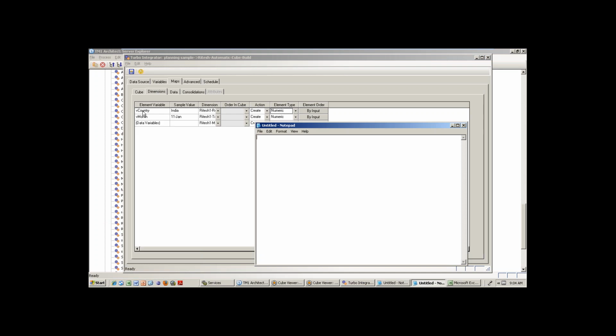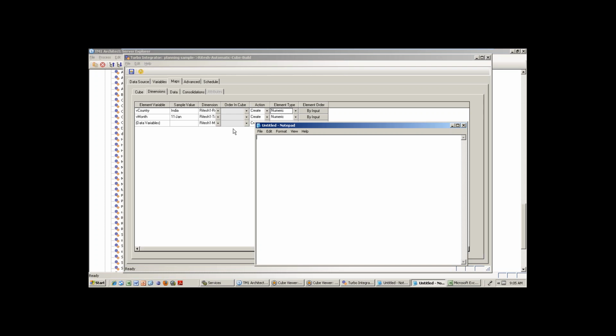Okay. So here, remember, element type is not the type of this variable. It is what value you will enter against this variable. So for country, what value you are going to enter? Revenue and gross profit, am I right? So that value will be written here as element type. So which value you are going to enter against this variable, that is the meaning of element type. So in my case, I am going to enter the measures, revenue and gross profit. Those things are numeric, so I will write here numeric.